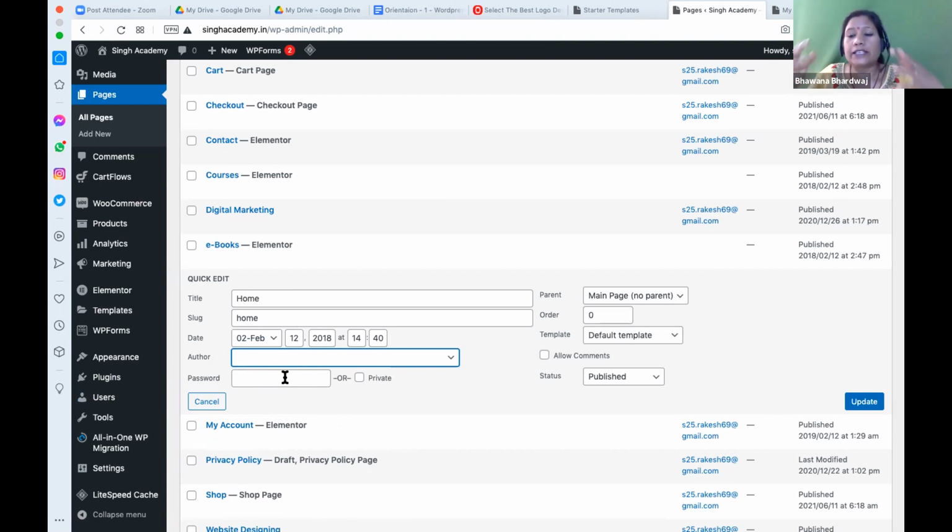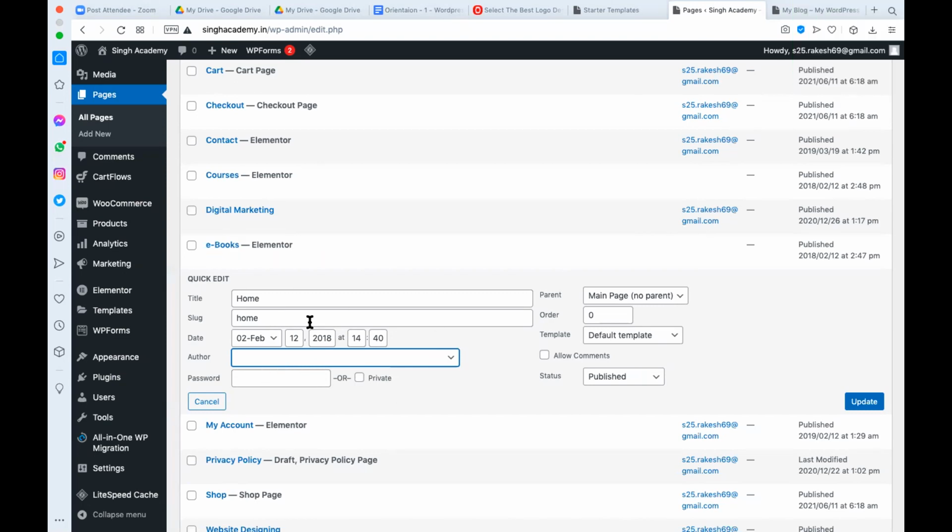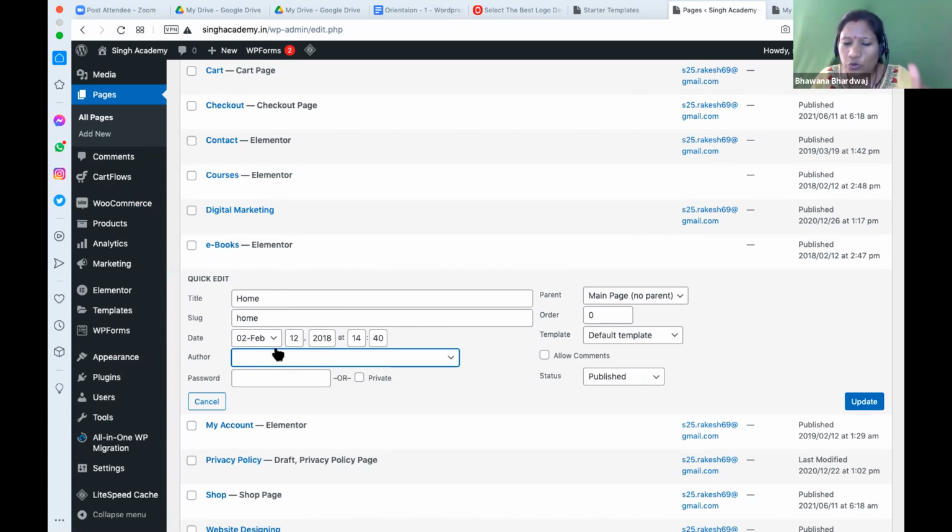Or let's suppose I'm creating an exclusive list of all the tools for you, and I want this page available to only my paid customer, so I can make it password protected. And I will share the password in the WhatsApp group. You can enter the password and you can have the list of all these digital marketing tools at one place. But this is exclusively for the people who have the password. Correct. Right. So whatever I'm showing right now is for one page, but you can make it for every single page. It's totally up to you.